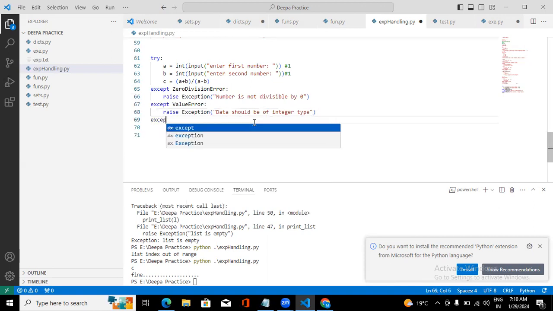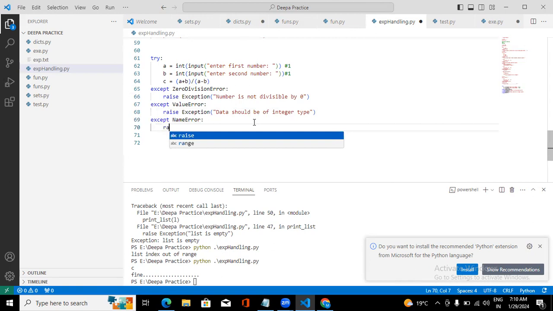Why are we going to use name error? When are we going to get name error, Deepa? Whenever there is a mismatch in the names, like I don't give the variable name correctly. Variable names mismatch. So if a variable names mismatch is there,